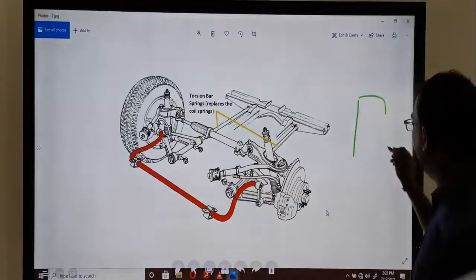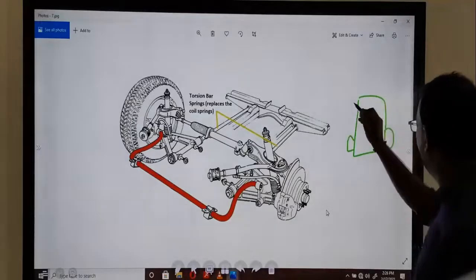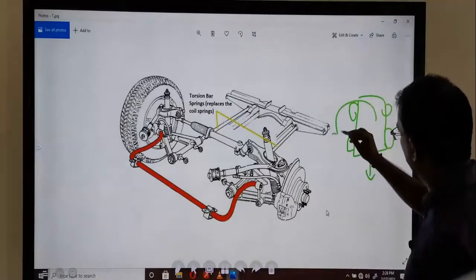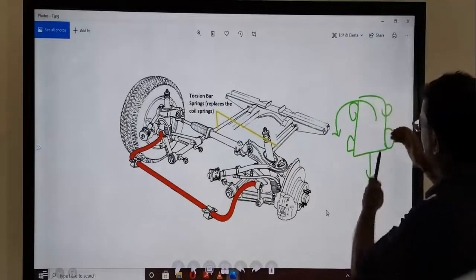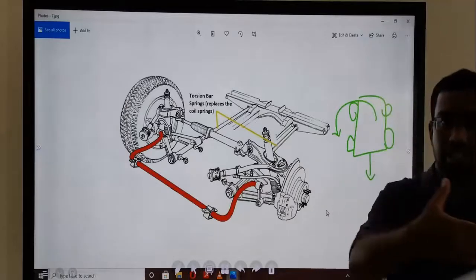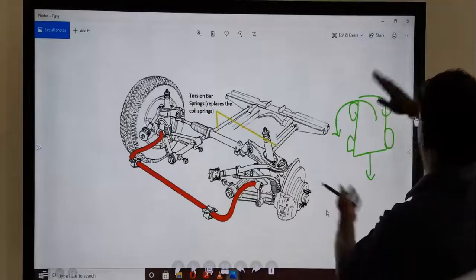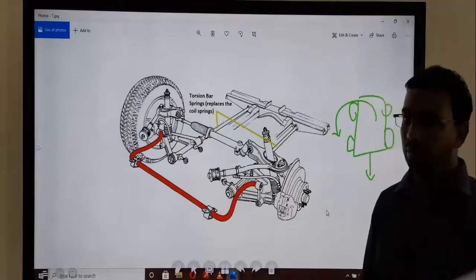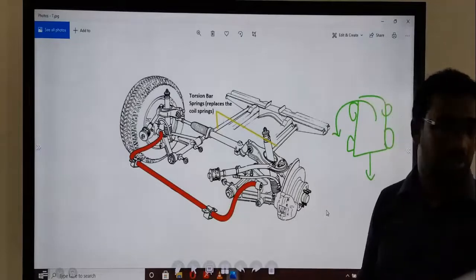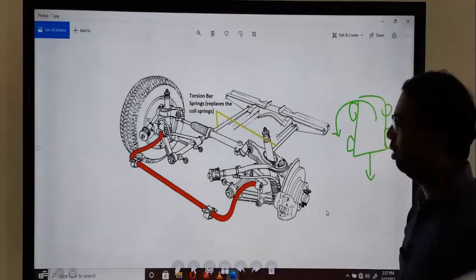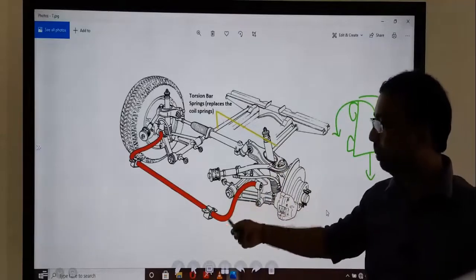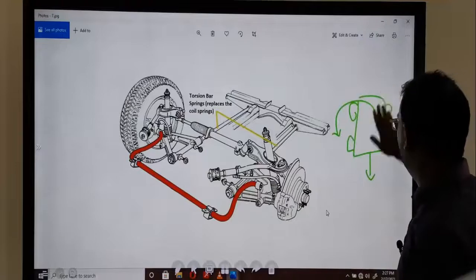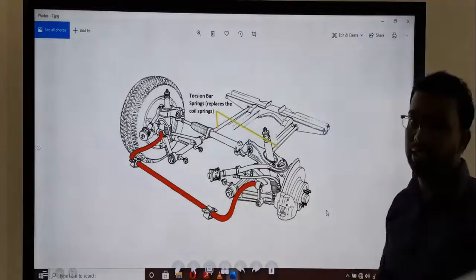Without this bar, the front side of the vehicle can roll like this. In any accident, or at a turning point when you turn the steering, sometimes the vehicle may roll. This kind of anti-roll bar can avoid that issue. So this is a part of the suspension system. The anti-roll bar prevents the vehicle from rolling in any emergency conditions.